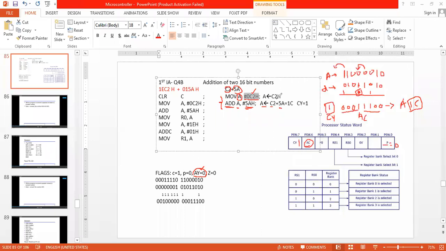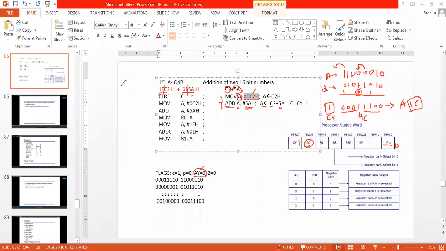Now I will move forward with the same numbers for 16-bit addition. This is a 16-bit number. This is a 16-bit number. Now they are combined, no? But I cannot perform my 16-bit addition at a single time. Why? Because my registers have only 8-bit size. They can store only 8-bit data. So I will divide this 16-bit data into 8 bits. So 0, 1 for A, then 1E C2.